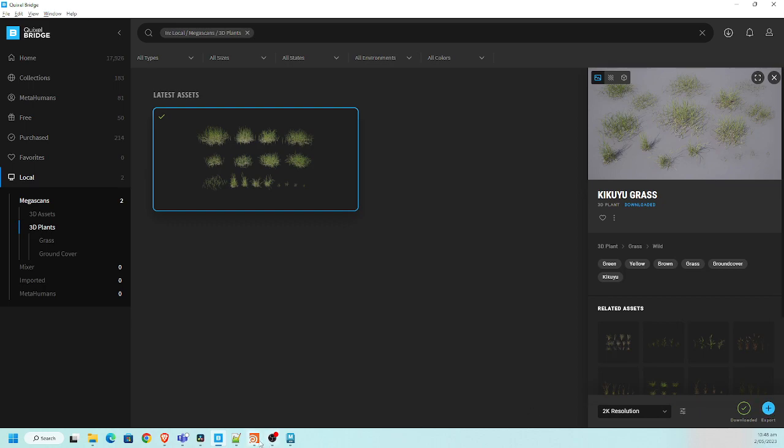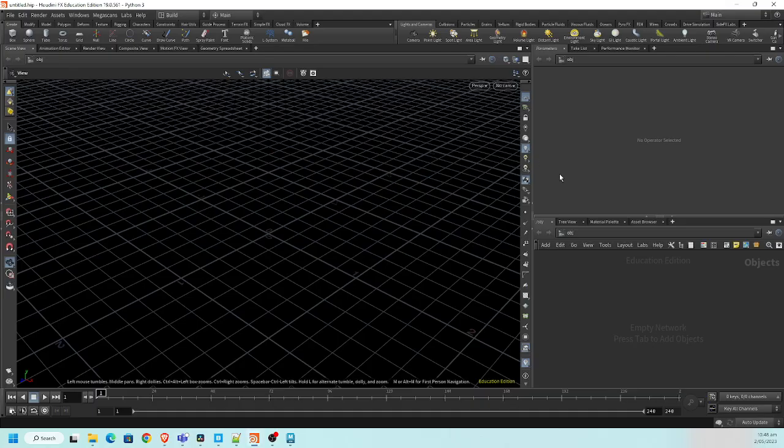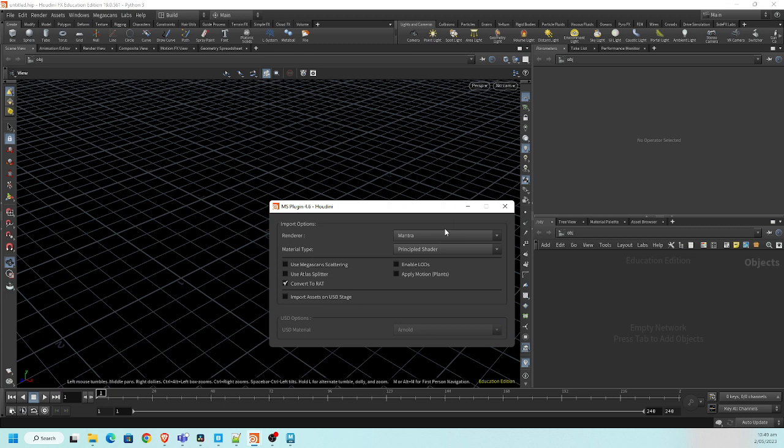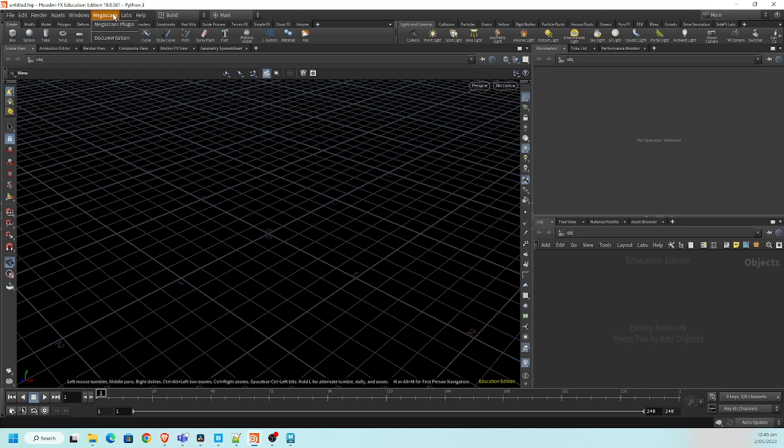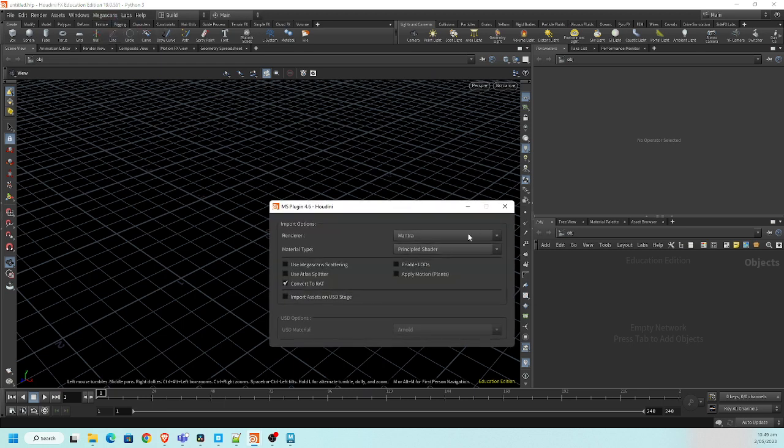Export. So once I installed the plugin for Houdini, you see this Megascan menu is added here on top. And this is the important thing that you have to consider. When you go to the Megascan menu and then you click on the plugin settings, you can load the plugin